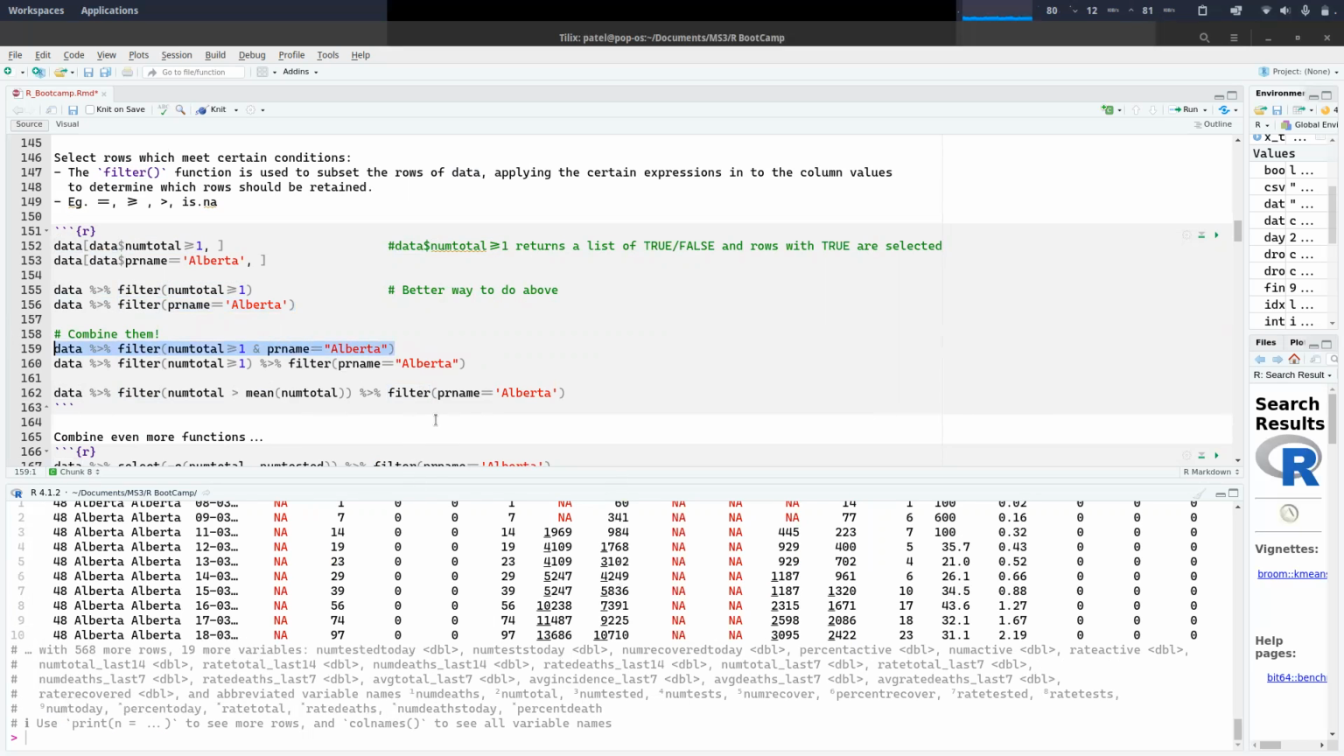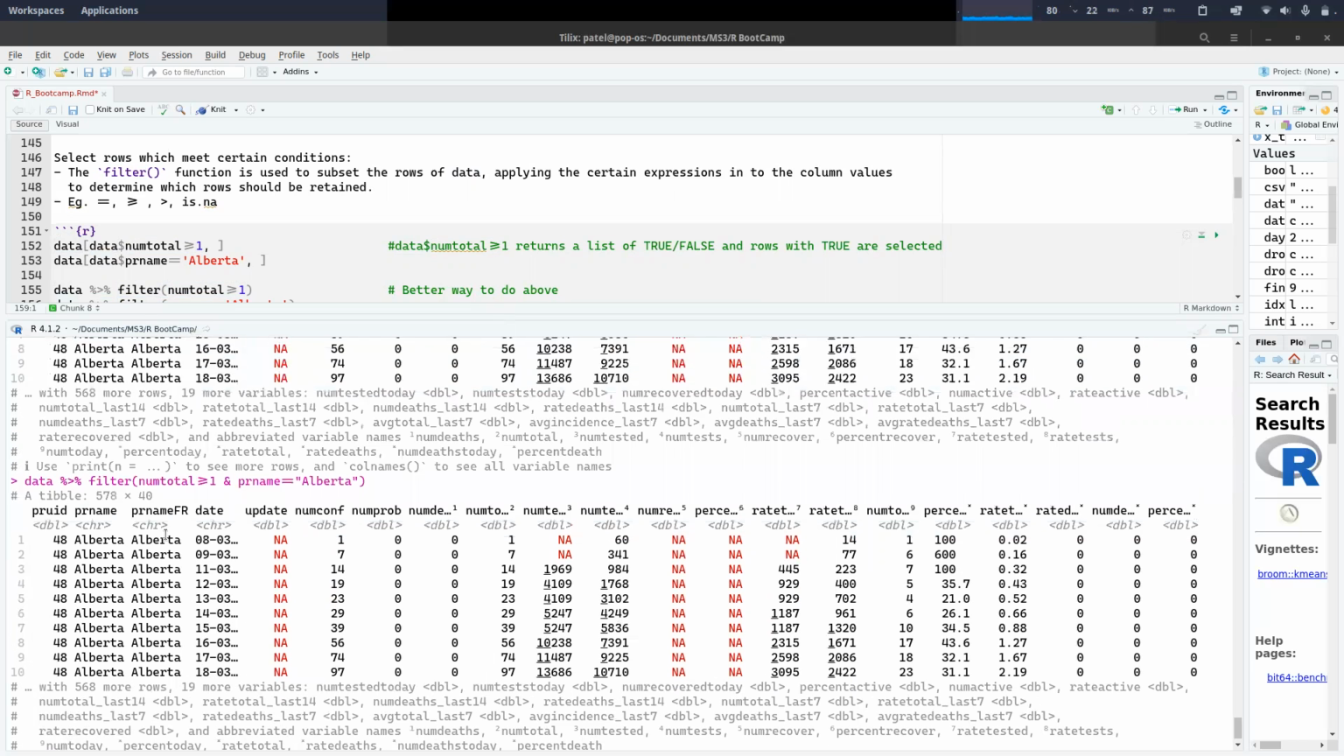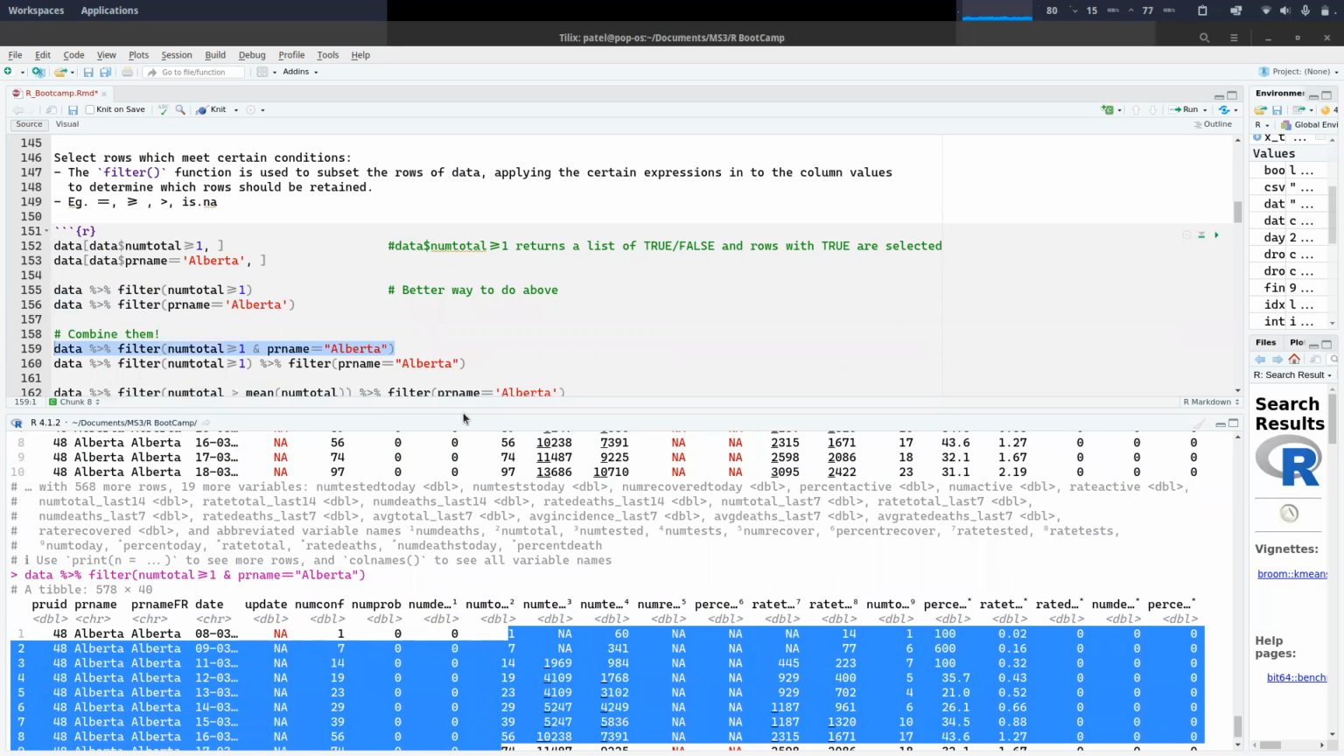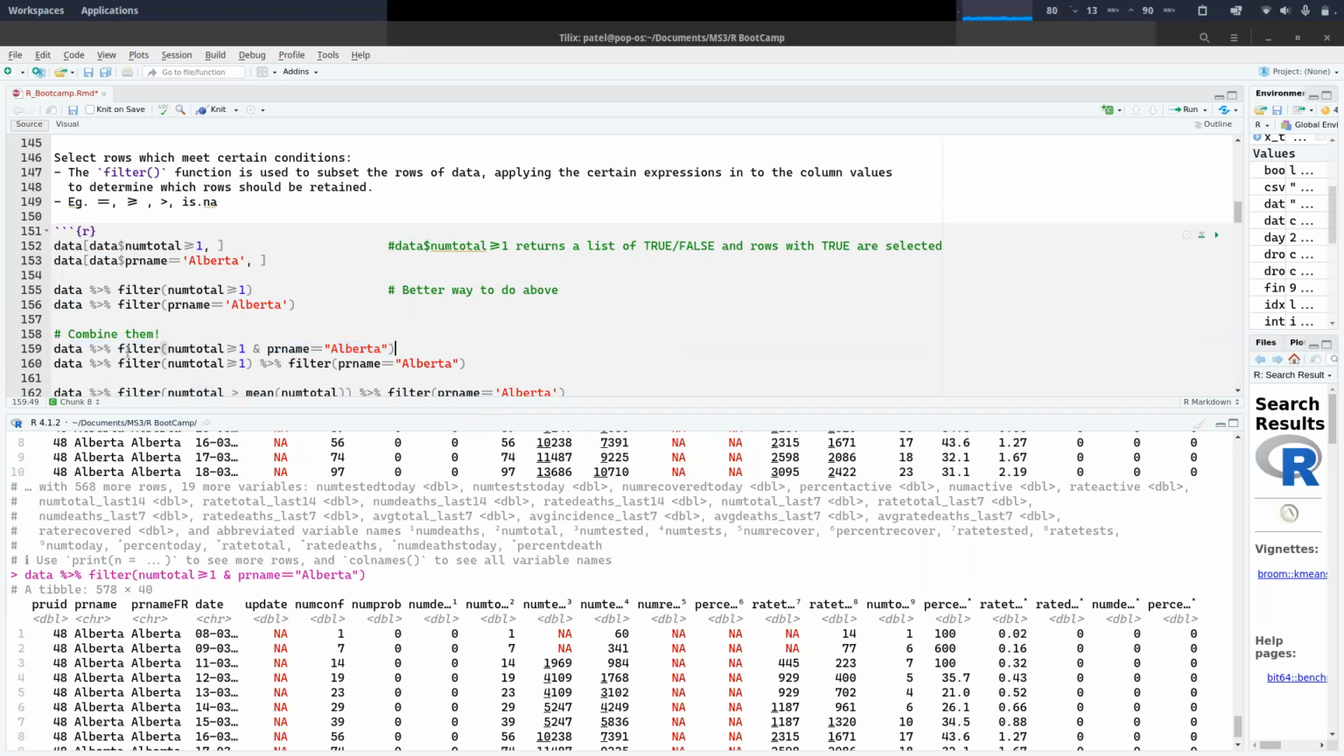That will give you all the rows. There are about 578 rows where PR name is Alberta and num total is greater than 0, or greater than or equal to 1. You can also, if you don't like to work with ands or ors in R, just use the pipe operator, because remember, the pipe operator allows you to decompose function compositions